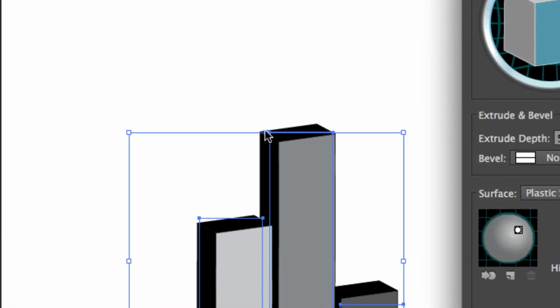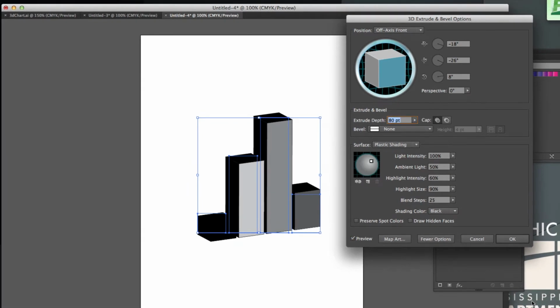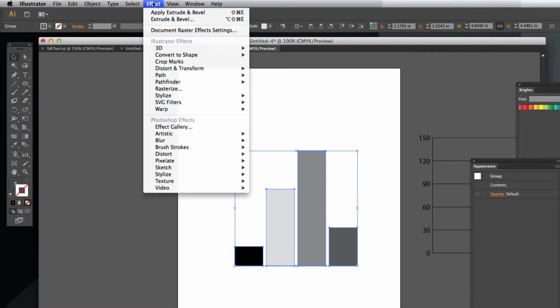The edges of them will have a black stroke around it, which isn't exactly what I want. I want the edges to be whatever color the box is. So if you have a stroke around whatever object that you have, the edges of that three-dimensional will be the stroke color, in this case black. Not what I want. Will it cancel? So if I turn off the stroke and apply the bevel,